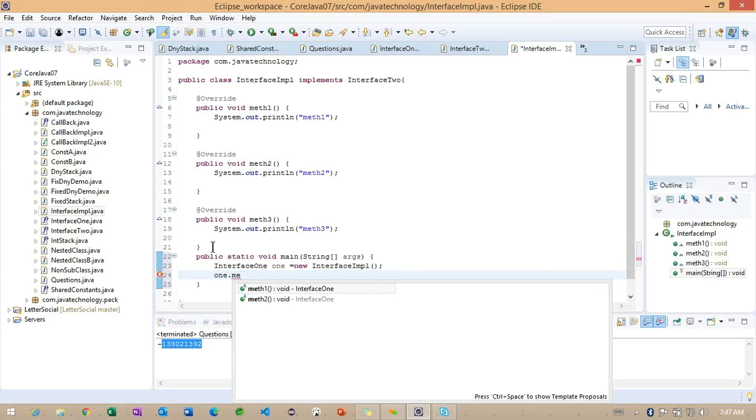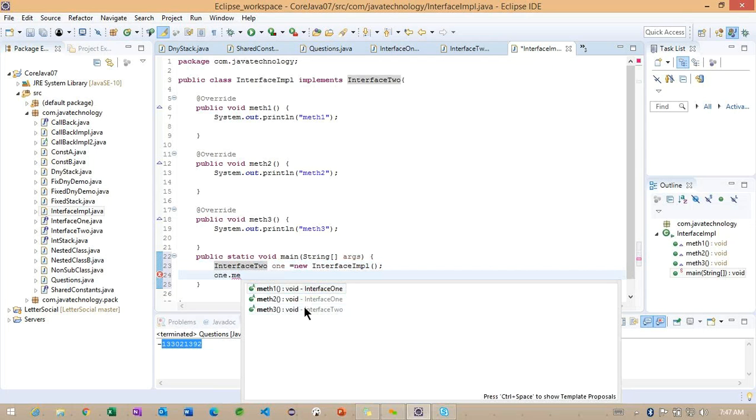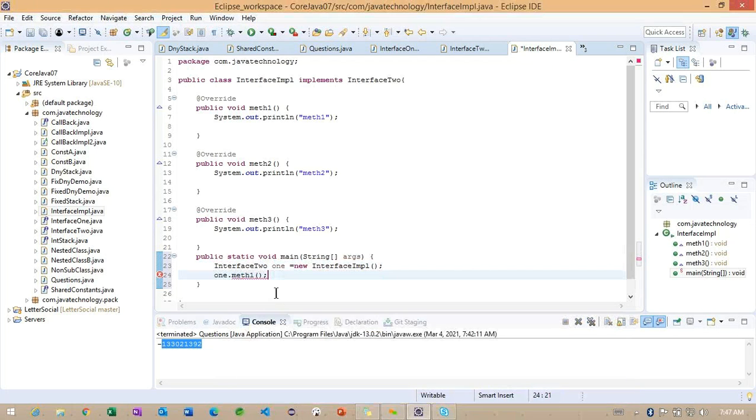So carefully observe, this is very important whenever we are working with references. Based on the reference only, the methods are going to be called. So using Interface1, we can access only 2. And if I'm going to change the reference, observe here, how many methods are we able to access? We are able to access 3 here.